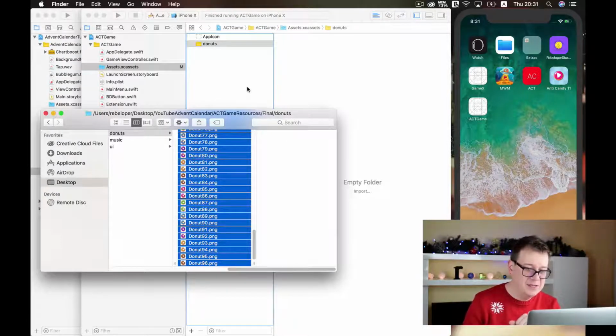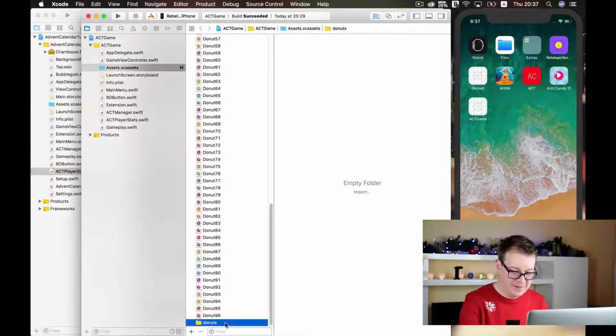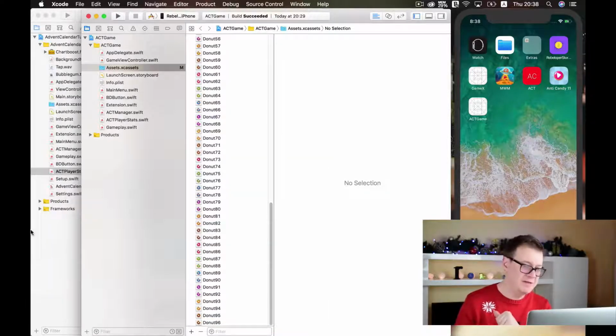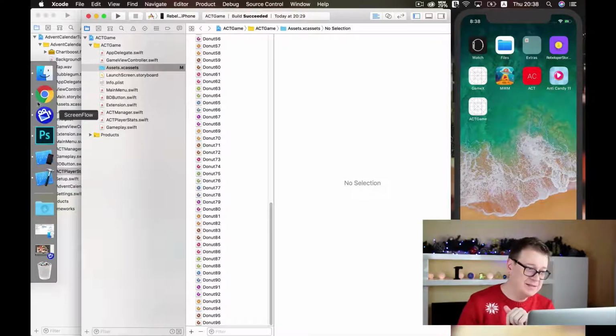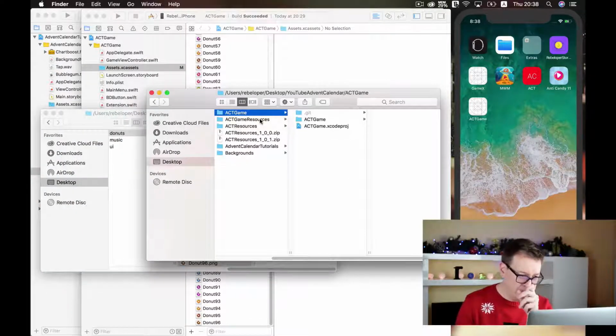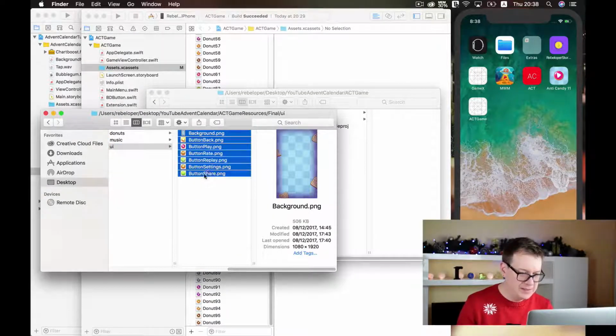Okay, it is loading. It did not put them in the Donuts folder, so I would just scroll down and put them inside here. A lot of images, so we need to be patient with this. Well, this move will take forever, so I will just remove the folder, remove selected item, okay, and I will just drop everything here. You can classify to the folders if you wish to, as seen in the Advent Calendar tutorial project. So I will just go ahead and go into my UI here and drop all of these images